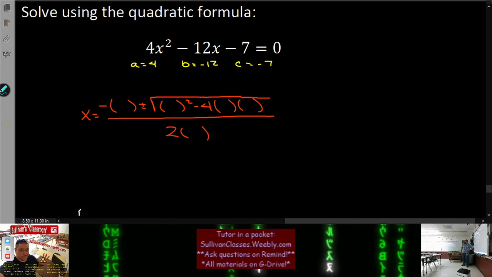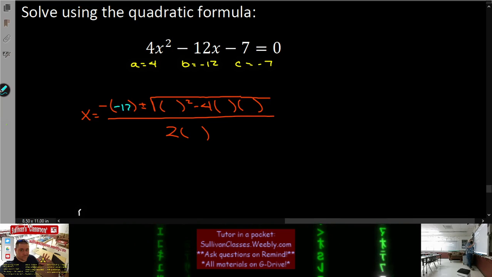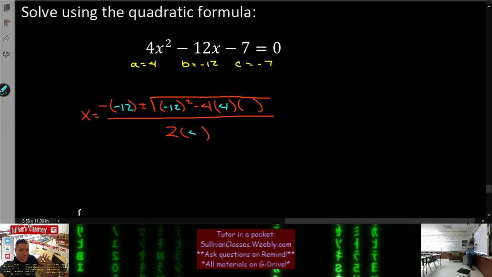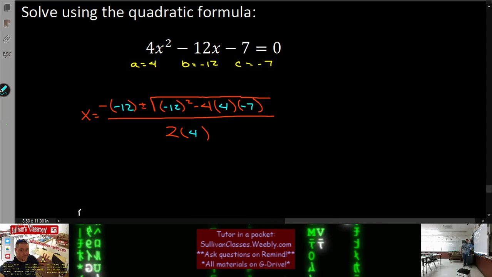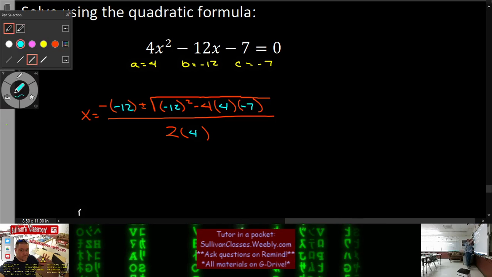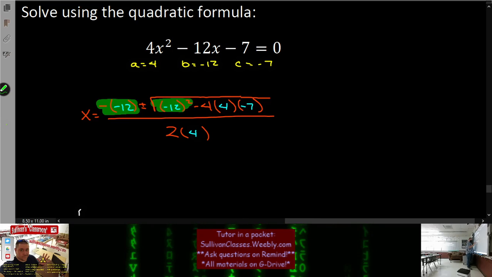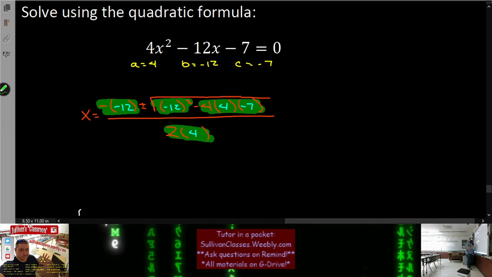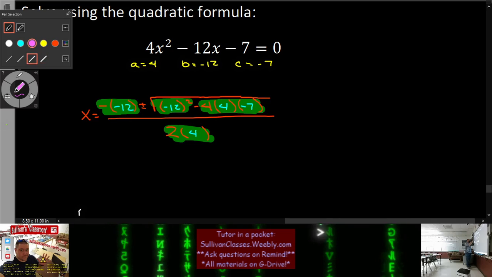Identify A, B, and C. Set up your formula. B's are negative 12s. A's are 4s. C's are negative 7. This is the one you're thinking of, Saul. Because now, those are our 4 areas. When I simplify this,